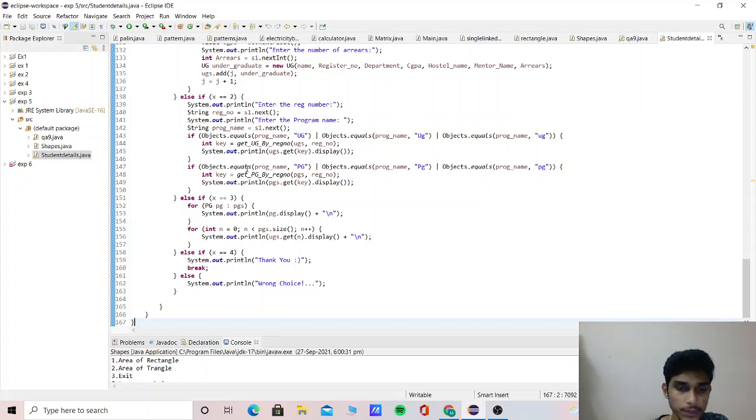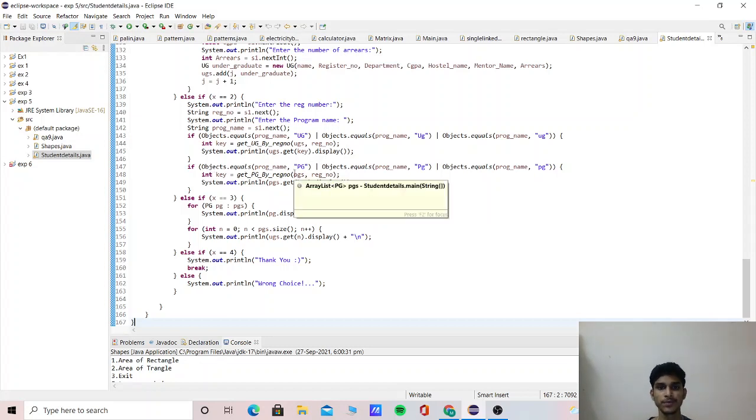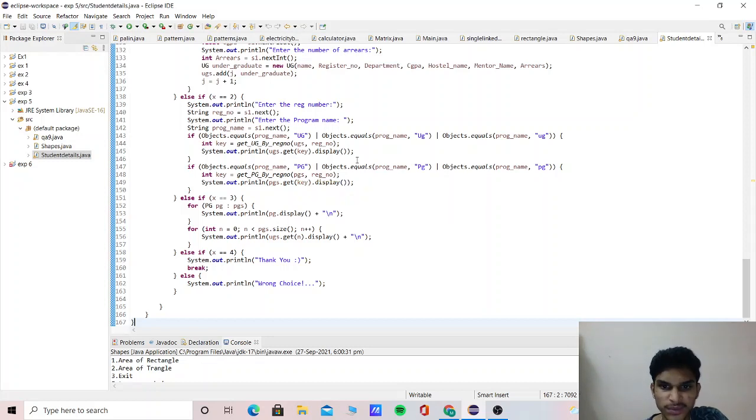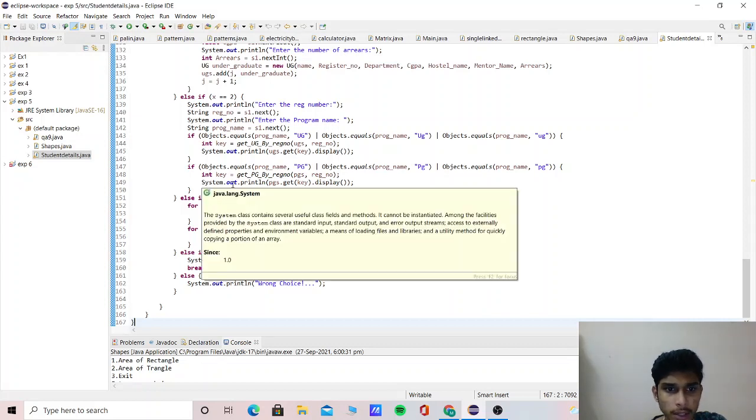If the program name equals PG, then the same thing as before: int key is equal to getPGByRegisterNumber, then System.out.println.